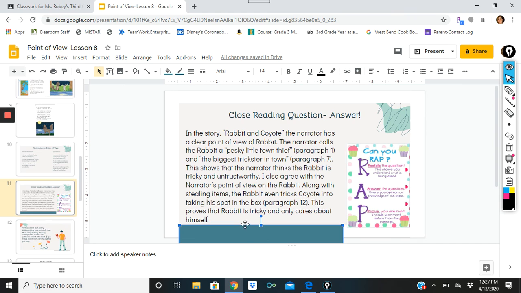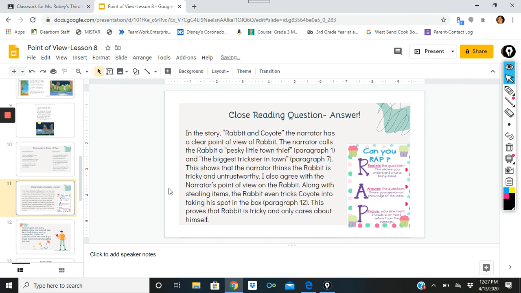I said this proves that Rabbit is tricky and only cares about himself. So ultimately, did I answer those questions? Did I answer what was the narrator's point of view? Yeah, I did, it's right here. Did I answer the second part, which was, do I agree and give my evidence? Yeah, it's right here. So this is a great example of a wonderful 3rd grade close reading question